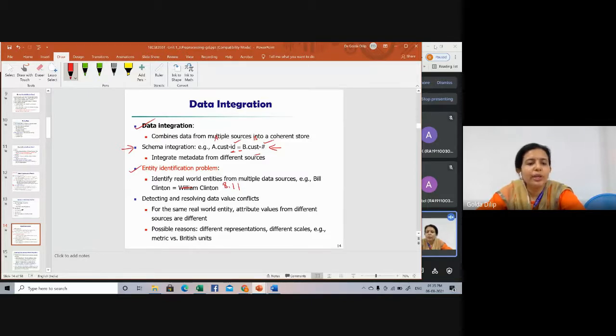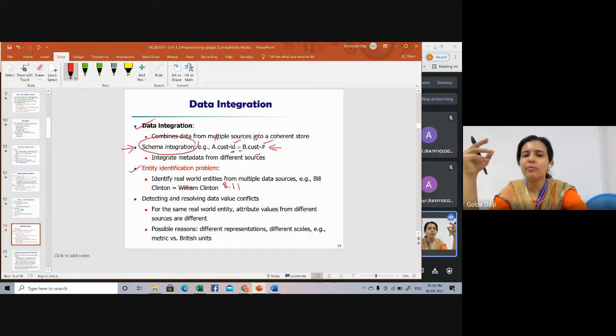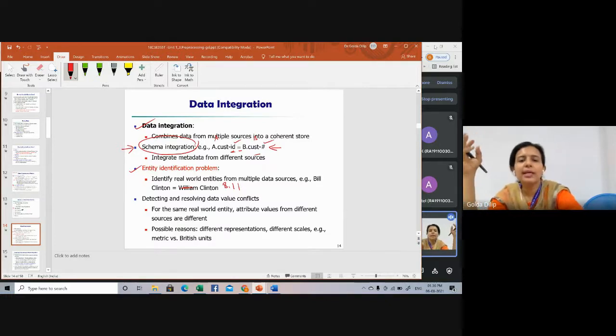We have to look into the data type, the range of values permitted for the attribute, and whether any integrity constraint rules are specified for that data. If we look into the metadata and get all this information, that itself will help us reduce errors when we go for schema integration. Then again, whether any dependencies are there. I don't want to go into the different dependencies. When you learn about DBMS, you will come to know about functional dependency, and n number of dependencies that have to be taken care of, especially when we go for schema integration.